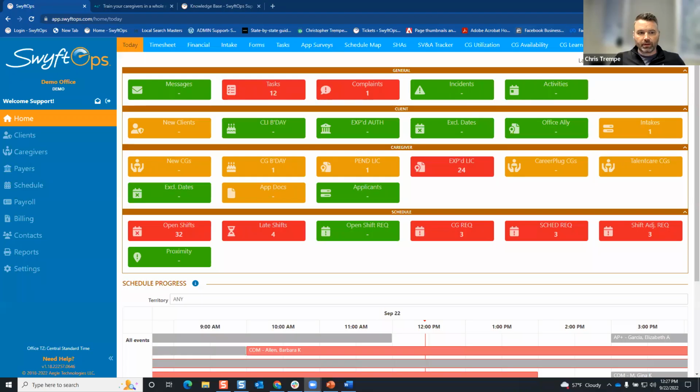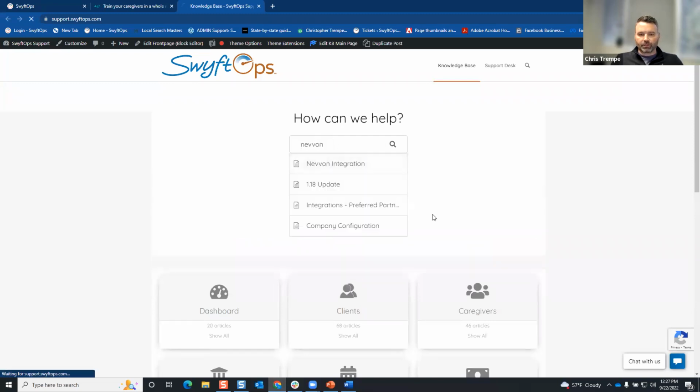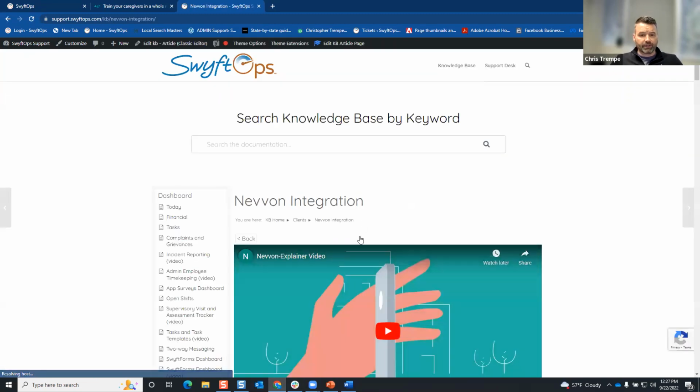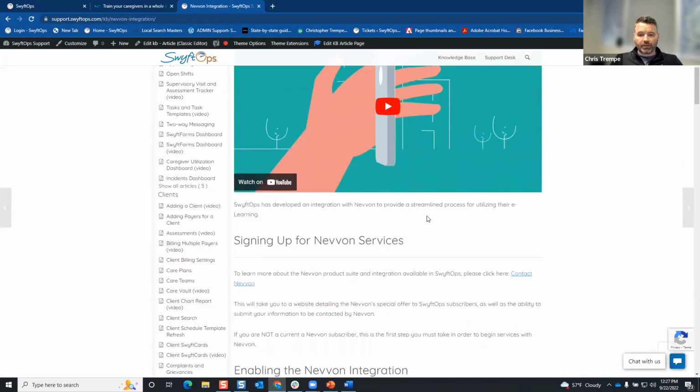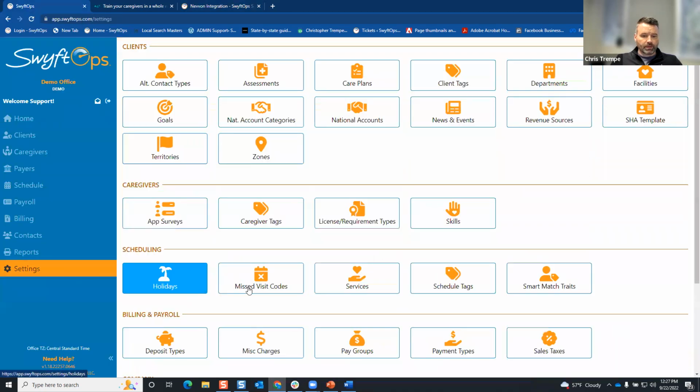I wanted to show you a little bit of SwyftOps. So number one, how do you sign up for this, or how do you talk to Navon about signing up for this? There's a couple ways. In our knowledge base, there is an article. If you type in Navon, it will find that article, and it has a link inside of it where you can watch a little video about them as well. But right here where it says contact Navon, there's one way, and that'll bring you to a landing page, or in settings,